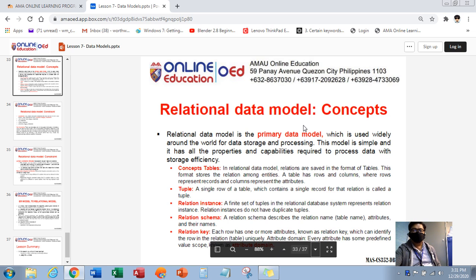So we have the data model concepts, concept tables. Okay? Sabihin, ano yung tables? The tables is the entity type, no? Nakalagay doon yung relation among entities. Table has some rows, columns where rows represent records and columns represent attributes. So under the table we have the single row or record, which contains a single record for that relation is called a tuple, no? Tuple, yung isang line ng record or information. Relation instance, the final set of tuples,